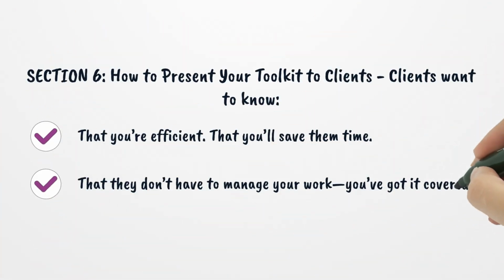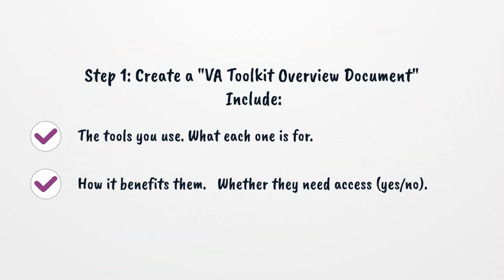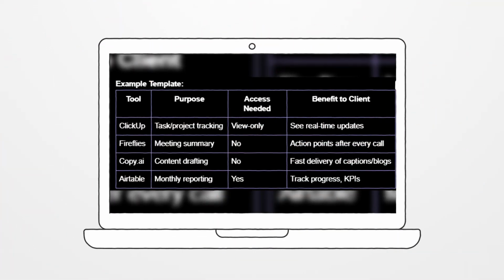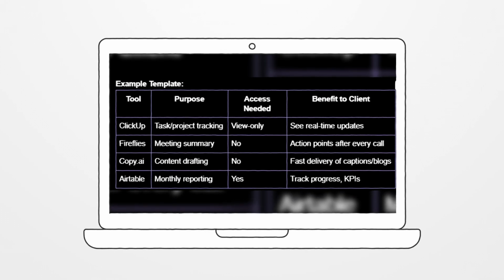Section 6, how to present your toolkit to clients. Clients want to know that you're efficient, that you'll save them time, and that they don't have to manage your work, you've got it covered. Step 1, create a VA Toolkit overview document. Include the tools you use, what each one is for, how it benefits them, and whether they need access, yes or no. Example template: tool, purpose, access needed,